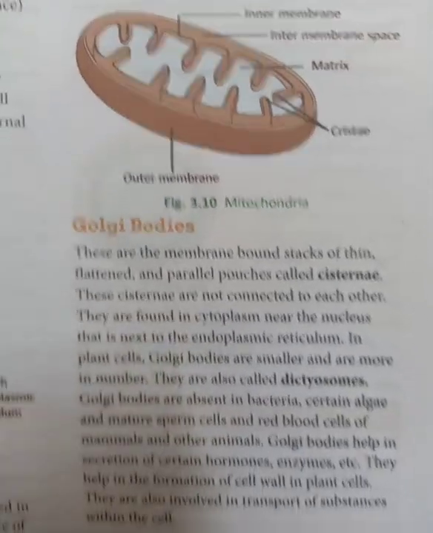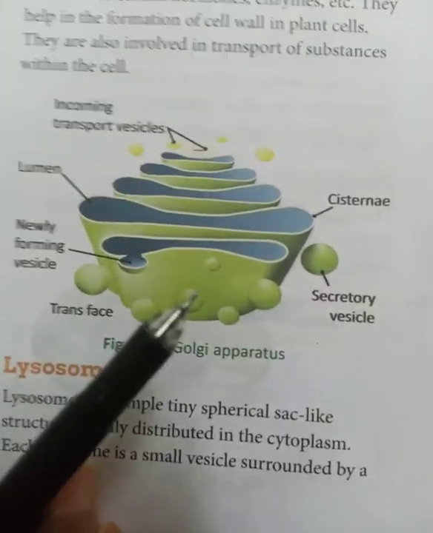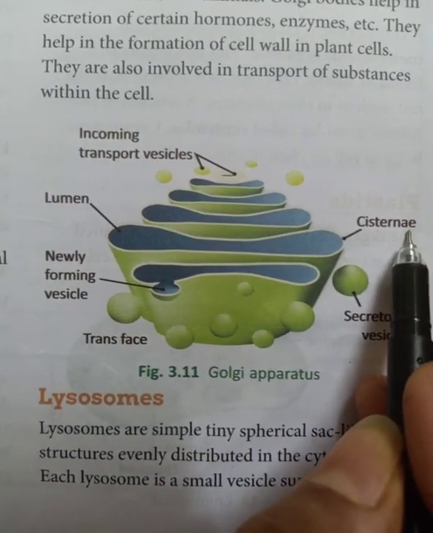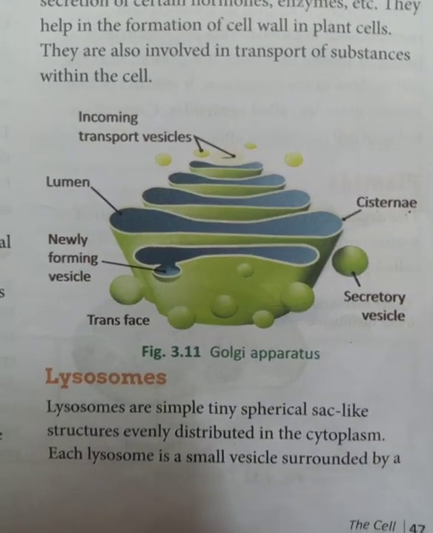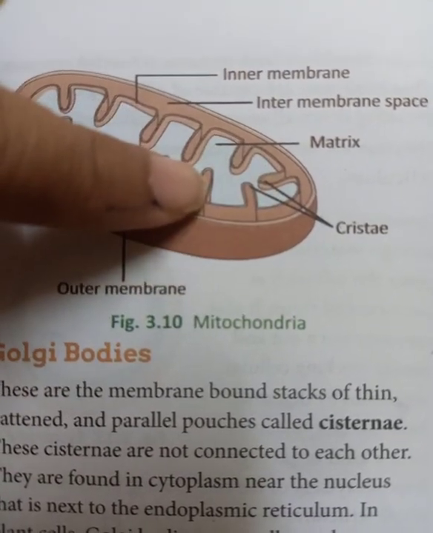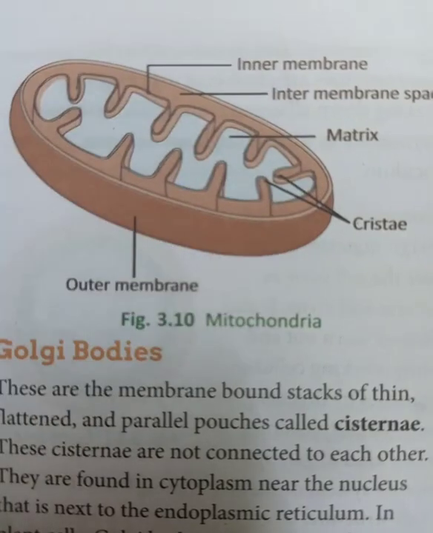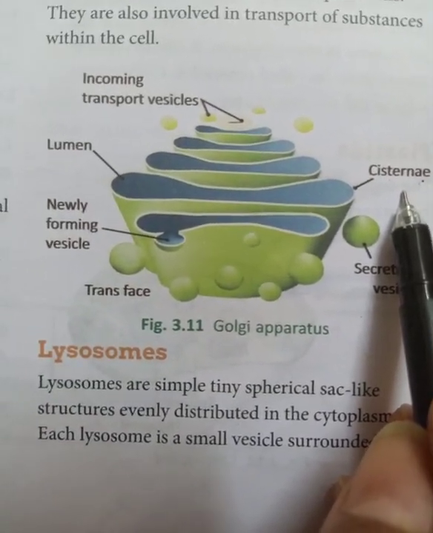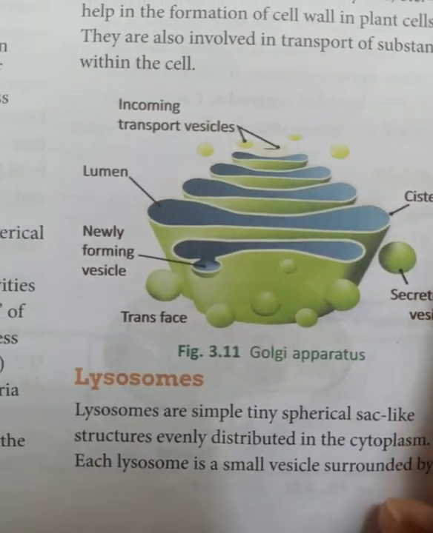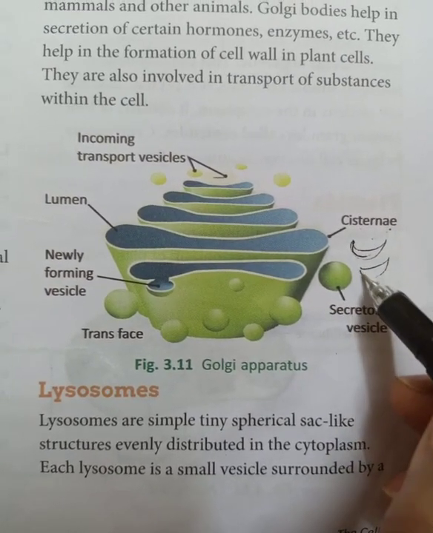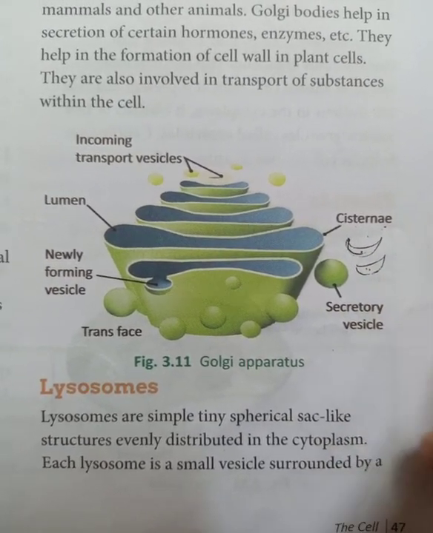After that, we had discussed about the Golgi bodies. In Golgi body, children, one structure is cristae. Okay, cristae, and in mitochondria we had discussed cristae. So don't get confused. The structures those are present inside the mitochondria, they are cristae, and the structures those are present inside the Golgi bodies, they are called cristae. As I told you in the previous lecture also, these are the small sac-like structures present one over the other. So these are the cristae.